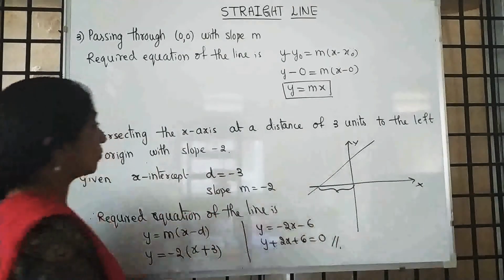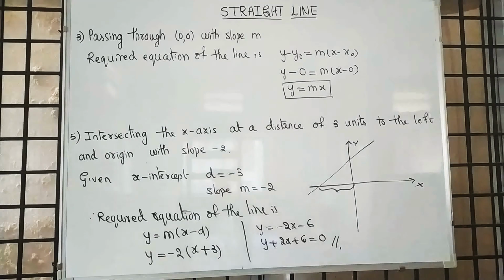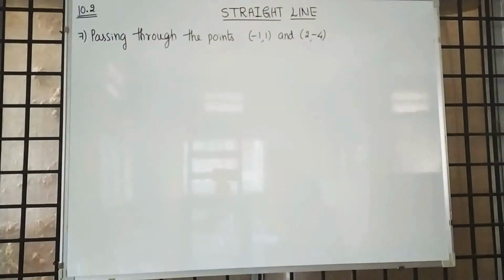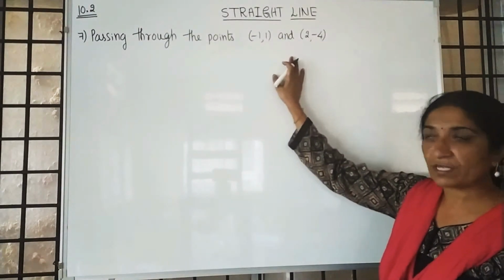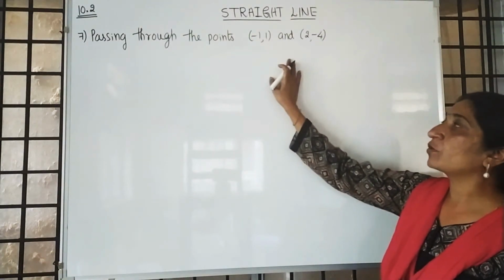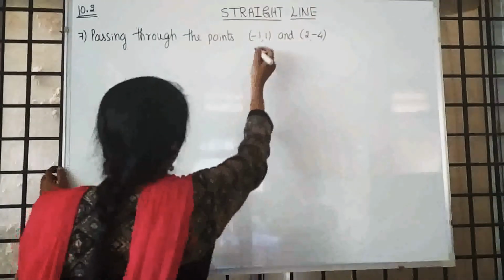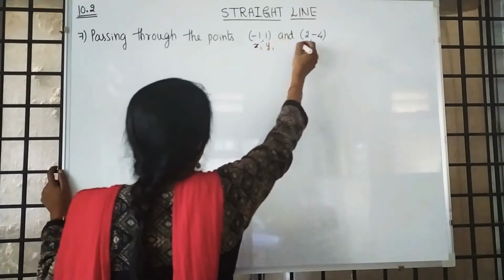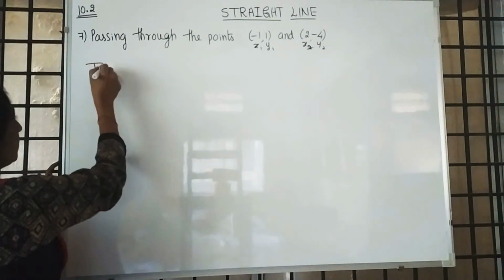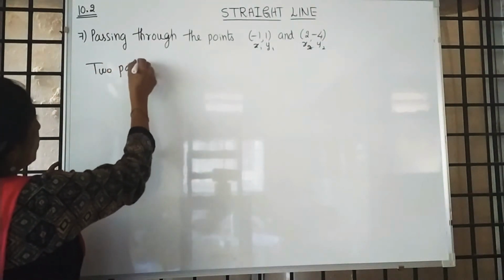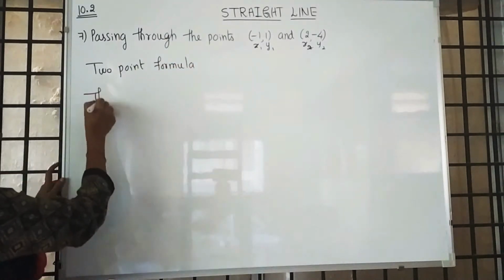This also I gave you as homework. Now we are moving to the 7th question in 10.2, that is also homework. Passing through the points minus 1, 1 and 2, minus 4. Here also we have to find the equation of the straight line. Passing through 2 points means which formula are we using? We are using the 2-point formula. The required equation of the line is